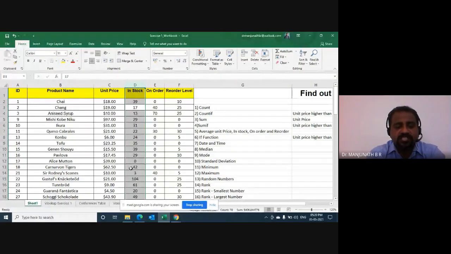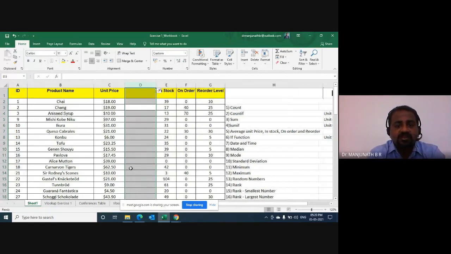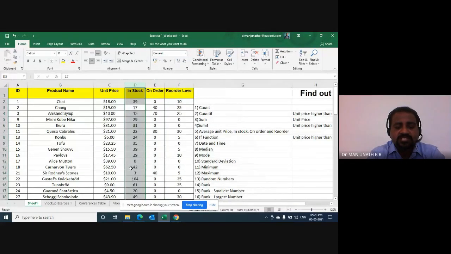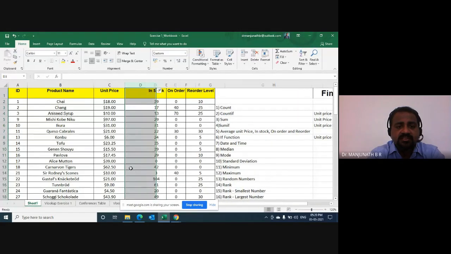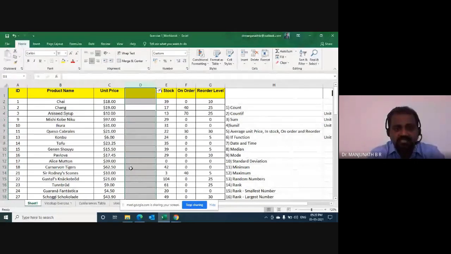Long press on Control and press space bar. Did it? Now you see on the screen a column is selected. After the selection, do Control plus: long press Control Shift and the plus key. You can see a new column getting inserted. Is it working? Yes, sir.